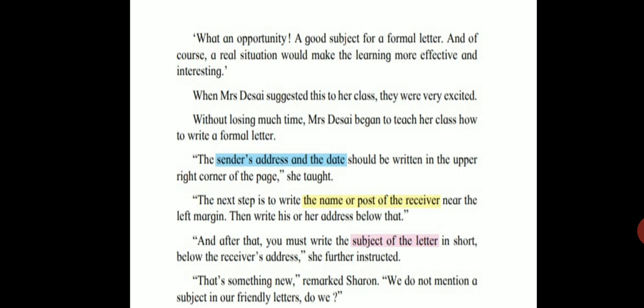And in this way, without wasting time, Mrs. Desai started teaching the class how to write a formal letter. The sender's address and the date should be written in the upper right corner of the page, she taught. Now Mrs. Desai told the students that we have to write the sender's address and the date in the upper right